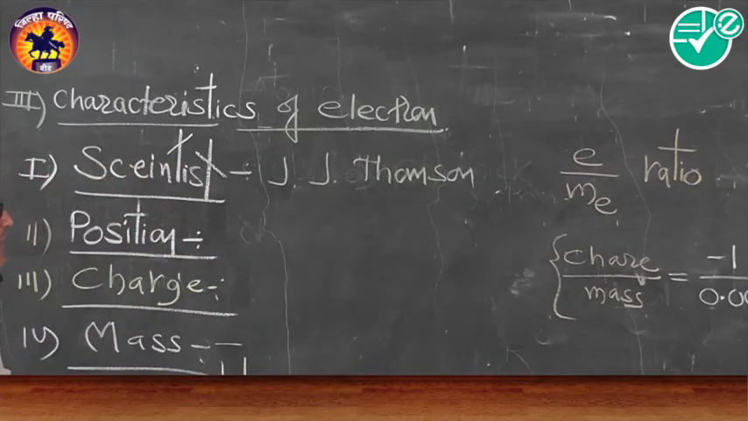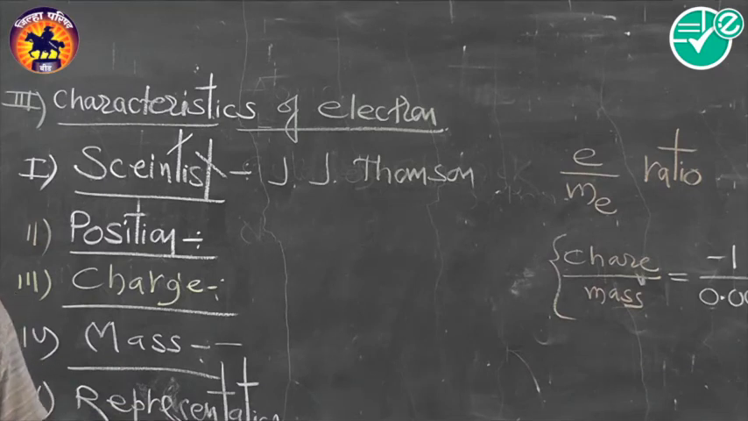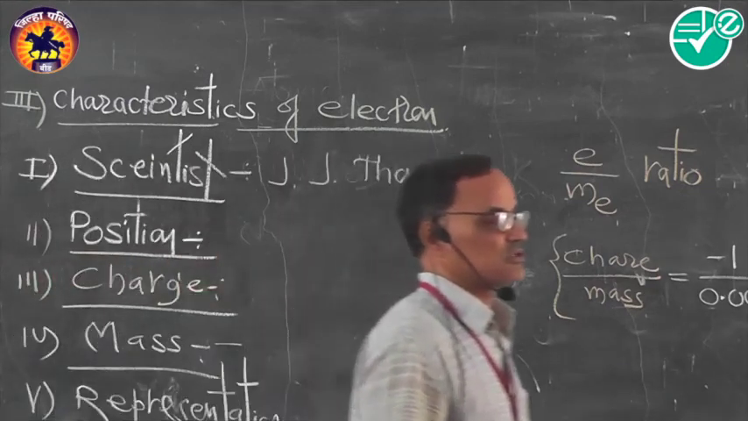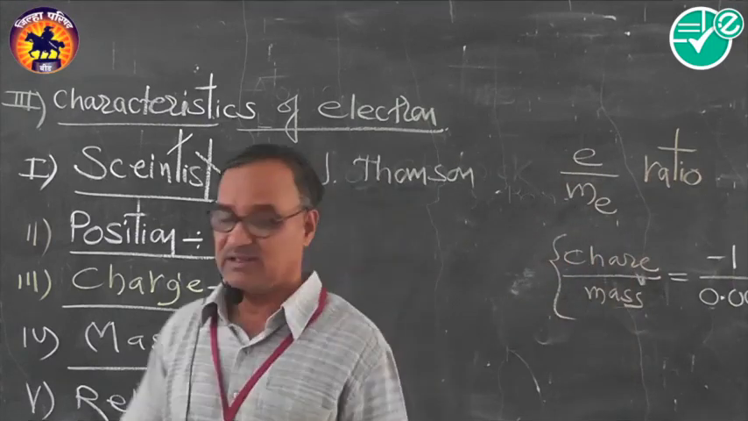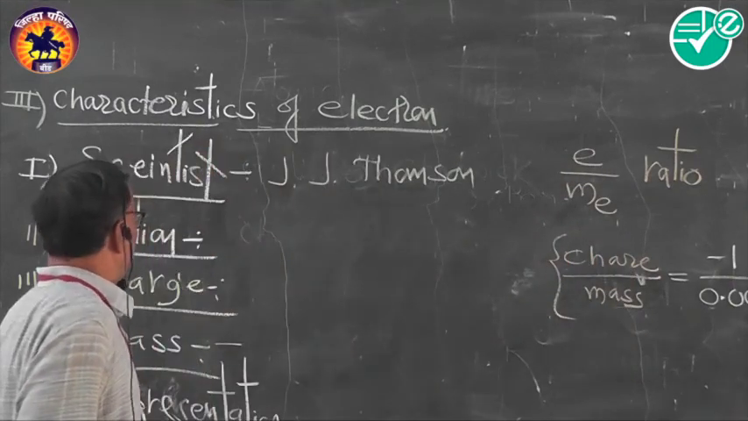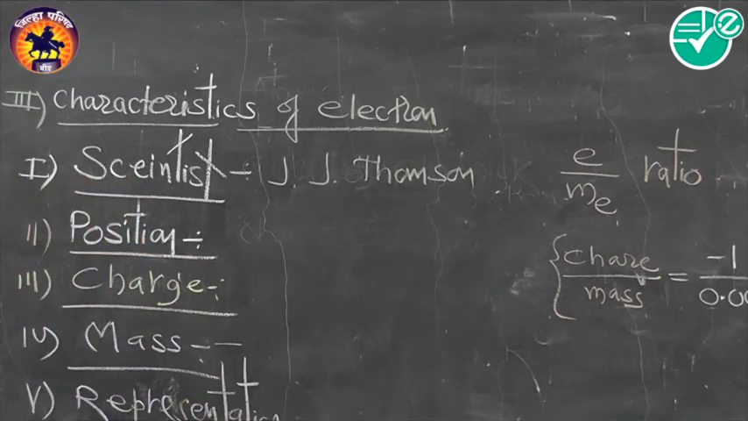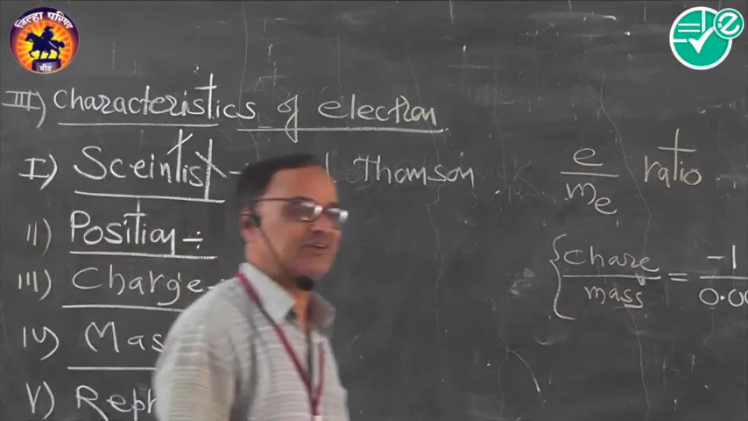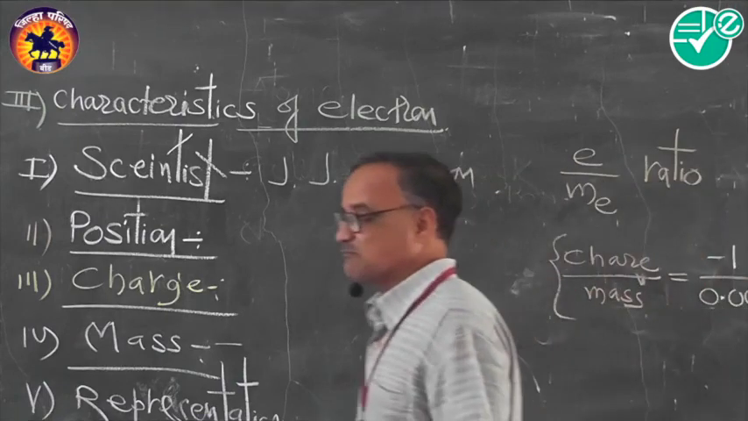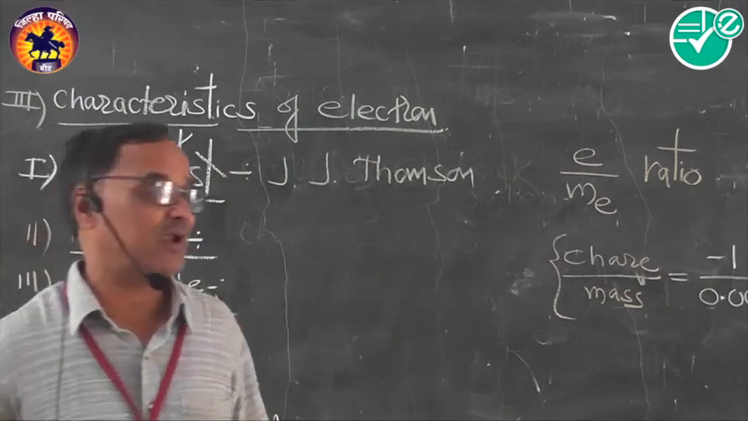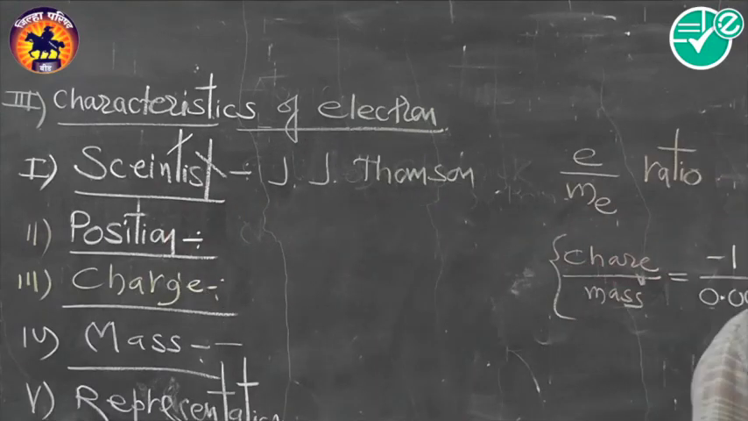Goldstein is responsible for the proton, and Chadwick is responsible for the discovery of the neutron. So this is all about the discovery of the electron. The remaining 4 points, that is position, charge, mass and representation, are totally different from proton and neutron. The first common point regarding proton and neutron is that both are present in the